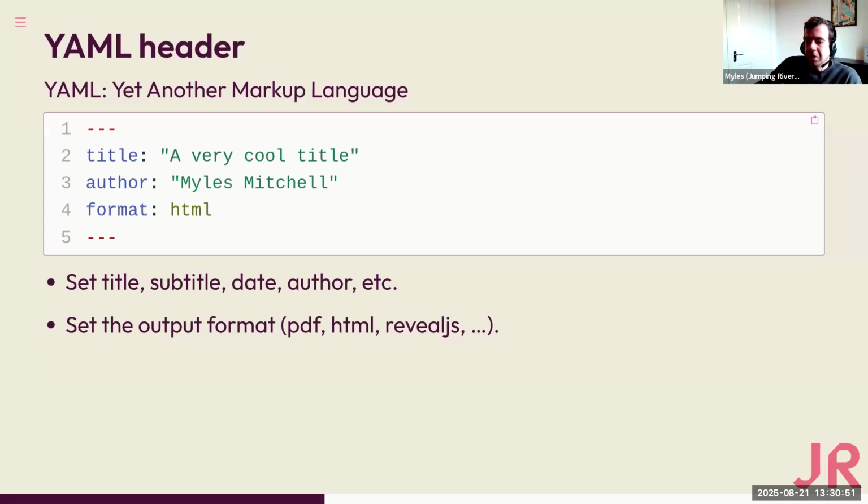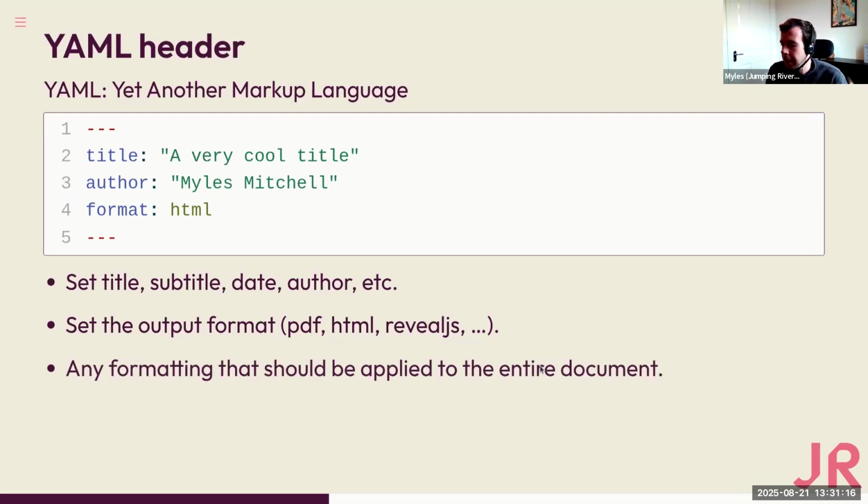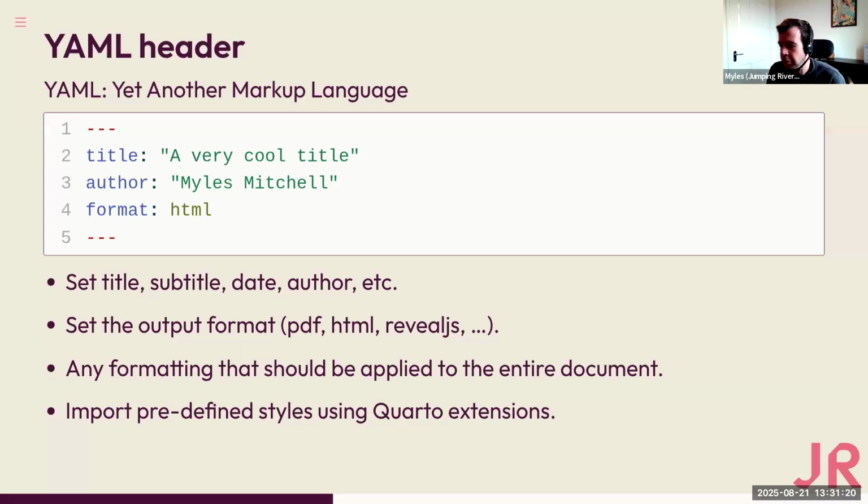You can also load in extensions with this as well. So if you're using like a style template and you're using a Lua extension for that, you can insert that here as well. So you can actually have a custom format which uses your custom extension that you've built. So it doesn't just have to be one of the default formats. It could be a custom format that you've created yourself. You can also select some formatting, which should be applied across the entire document.